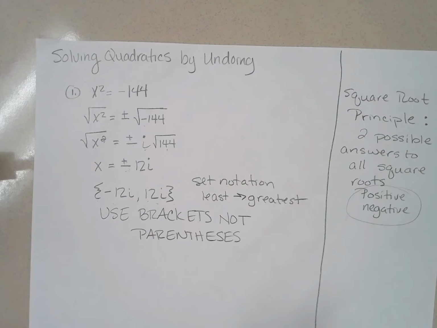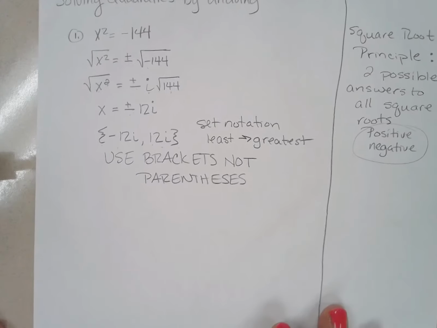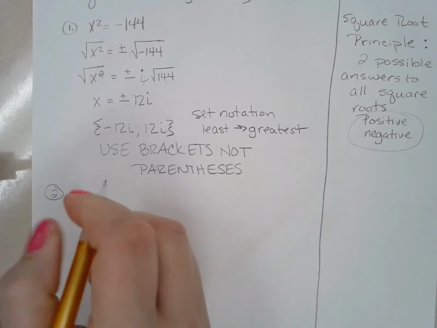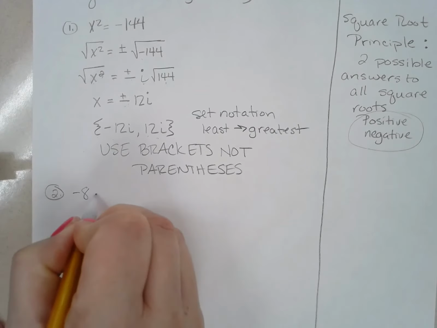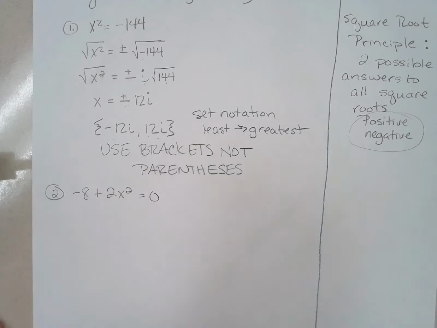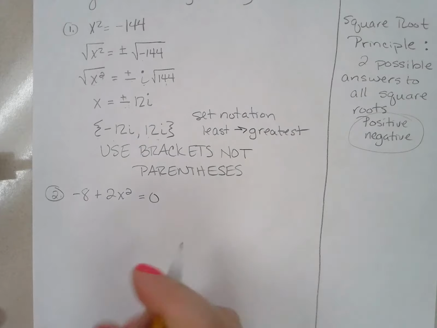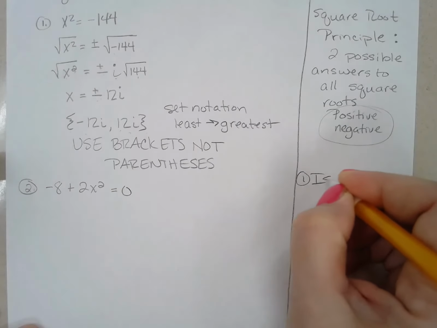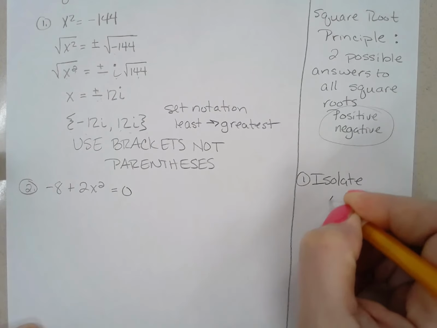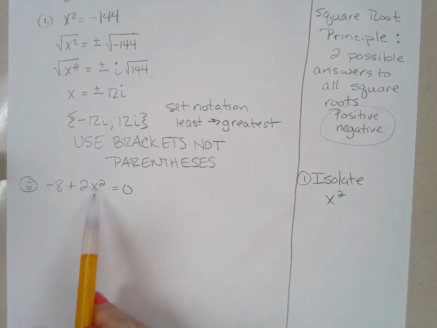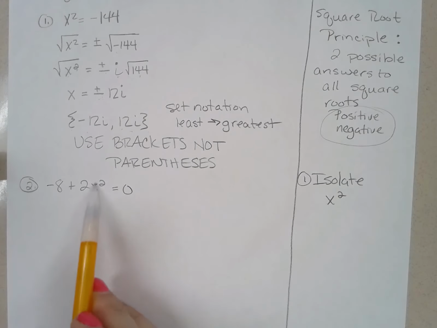So let's look at a problem that looks more like the equations that you've been solving since you were in junior high and middle school. So negative 8 plus 2x squared equals 0. So the first thing we want to do to solve this problem is isolate x squared. We're going to pretend like that's just like an x in any other equation, and we're going to get this